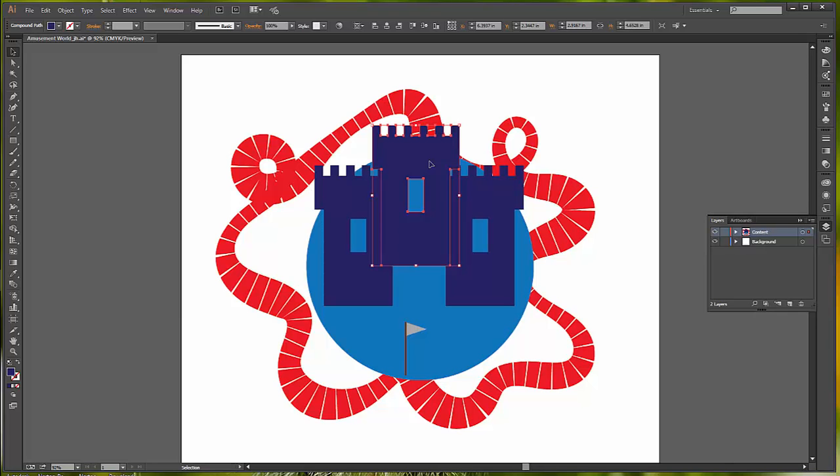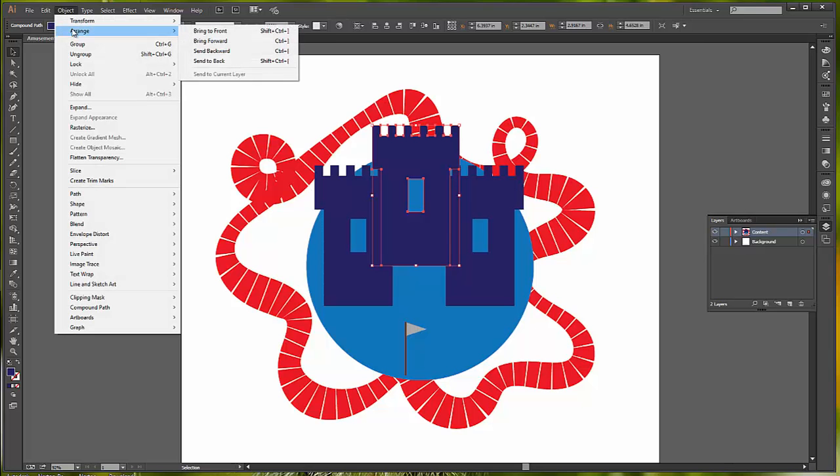And I want to send this behind my other towers and behind the blue circle. So I am going to go to, let's see, I want to send this to back, and then I want to change it to white. So I'm going to go to Arrange, Send to Back,